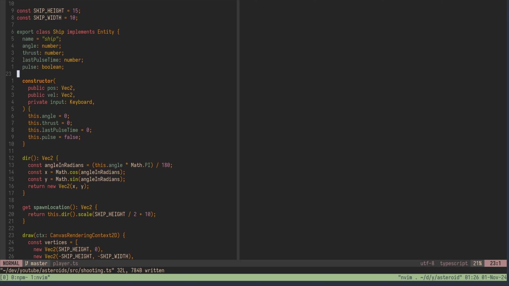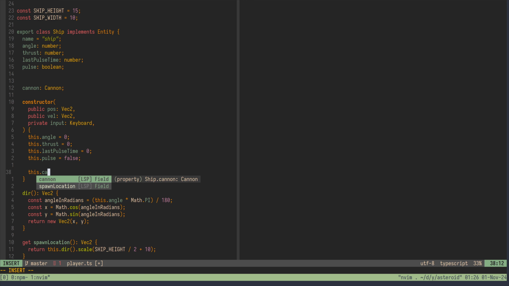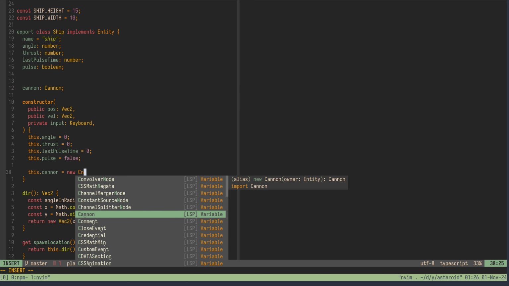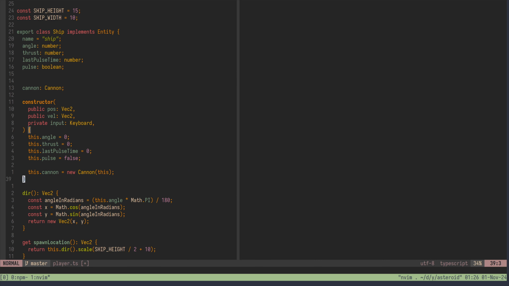We will say here cannon is cannon, and this dot cannon is equal to new cannon. What does it need? Needs owner. So we can say this,